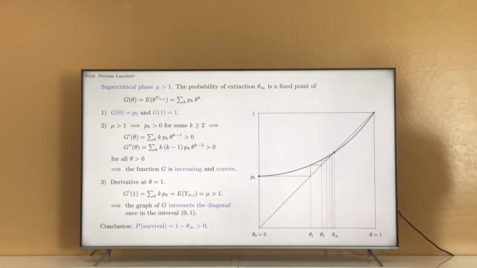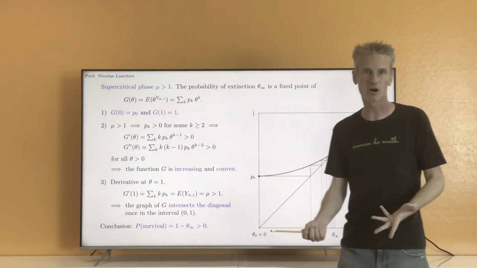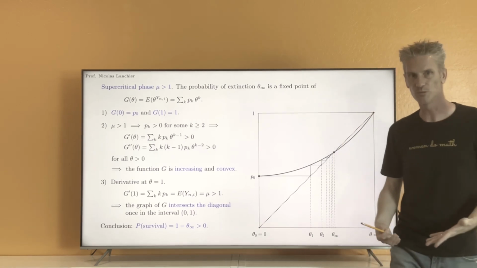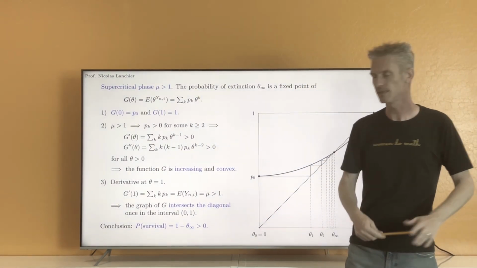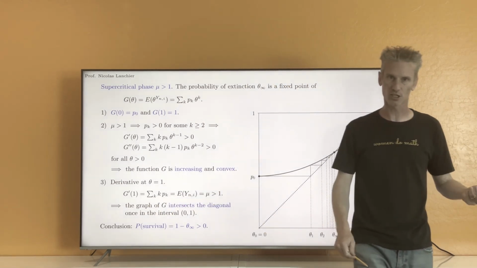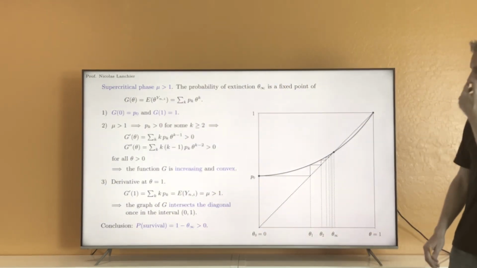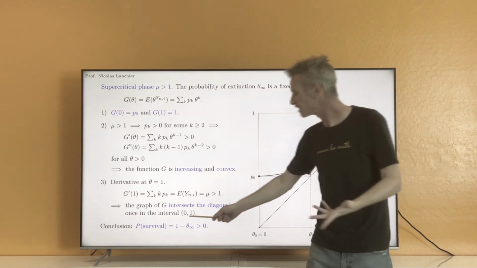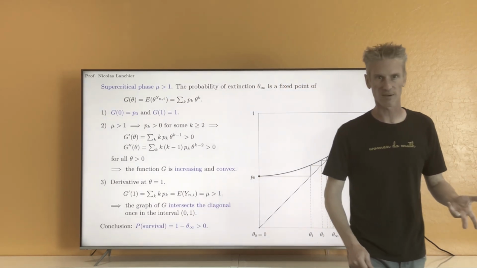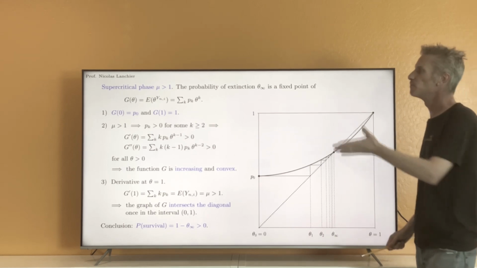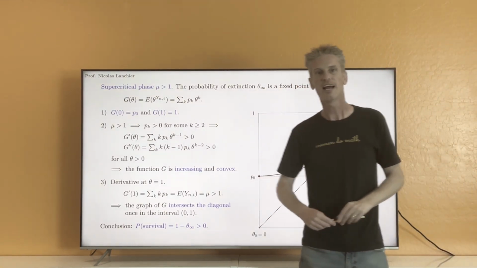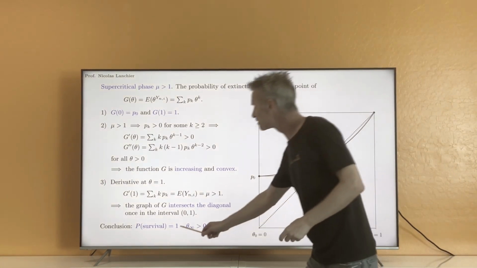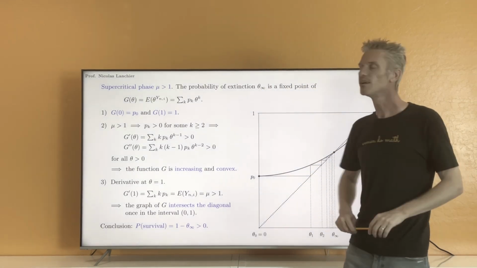And so in practice, of course, we cannot do much more now because those pk are not given. But if you have an explicit expression of the pk, you can sometimes compute this probability of survival explicitly. So to conclude this video, I'm going to give you some tricks you can use to compute this fixed point and deduce the probability of survival. Then I'm going to go back to the example I showed you before, and we can solve that one explicitly.